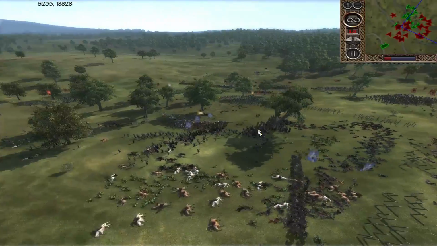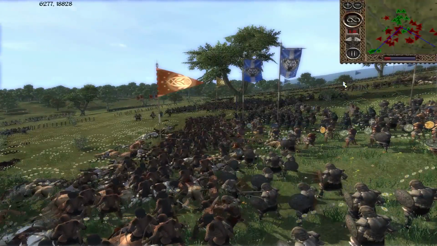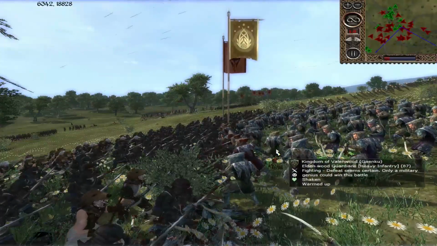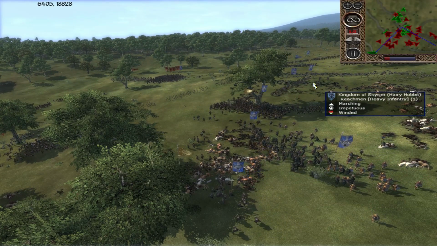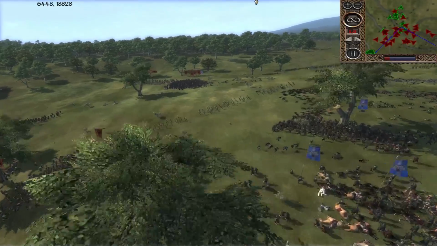But it does look like that most of the forces of the Valenwood have been defeated now, as Skyrim push in on their rear side. They have a couple units of archers left and maybe a couple units of infantry left. But the majority of their forces have now been defeated, as you do see Skyrim pushing in through the rear of the formation. And I guess they're going to be coming up against the forces of the Empire now,